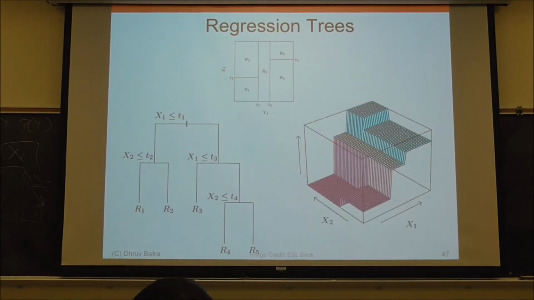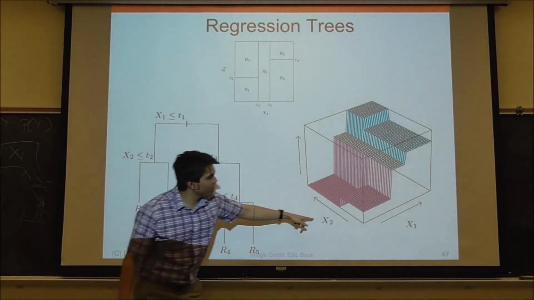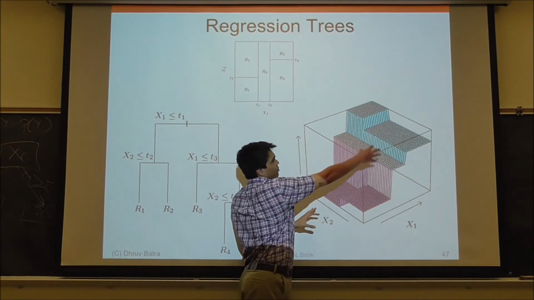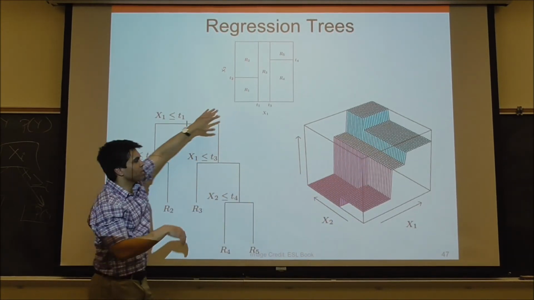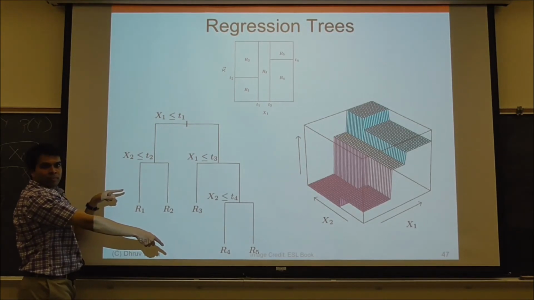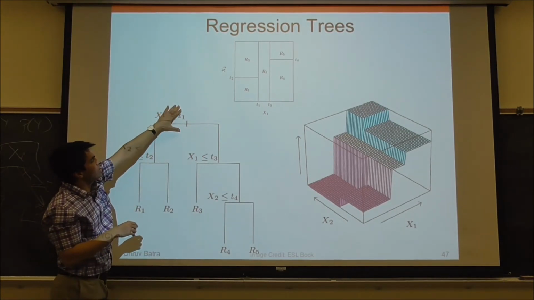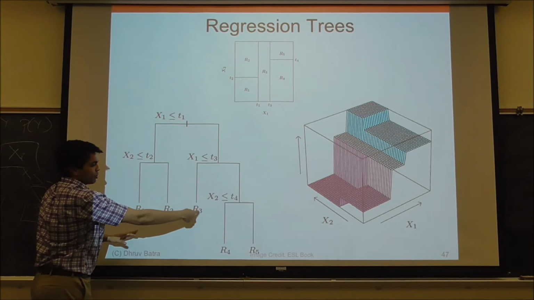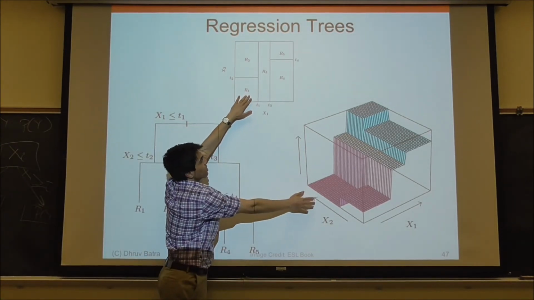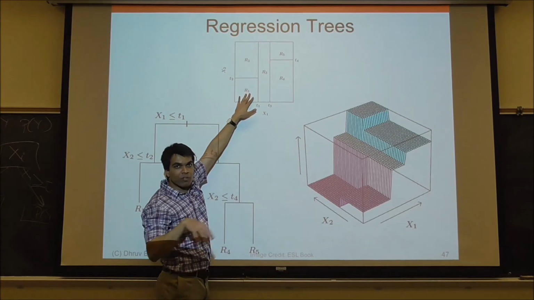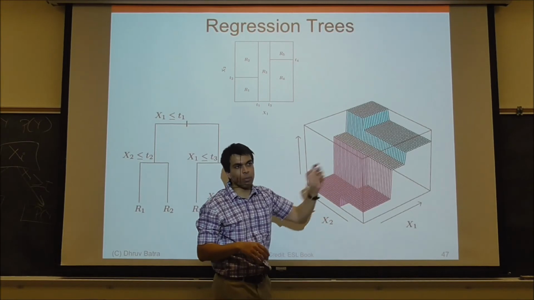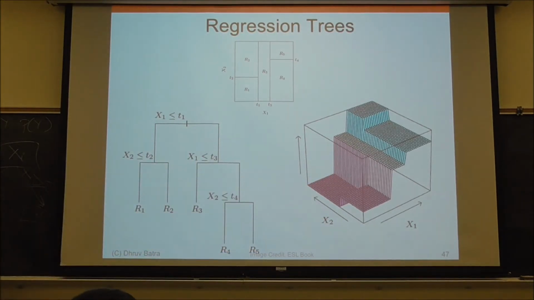intuitively, visually in your head, you should think of it as this sort of a setting, right? You have two features, x1, x2, and you're fitting a different function in different pockets of the feature space, where the pockets of the feature space are being carved out by the decision tree. So the decision tree just says x1 less than this threshold, x2 less than this threshold, that's region 1. This is region 2, this is region 3, this is region 4. This is a top-down view of this. So these are the various regions in your feature space, and within each region, you can just predict the average value, or do a linear fit, or do a polynomial fit. Does that make sense? So just like there are classification trees, there are regression trees as